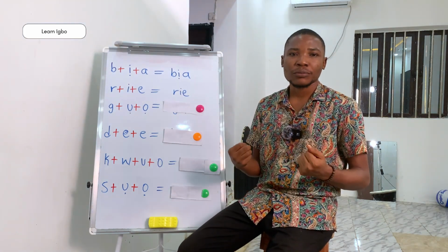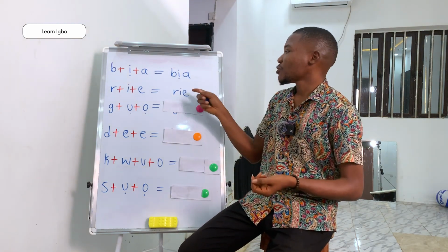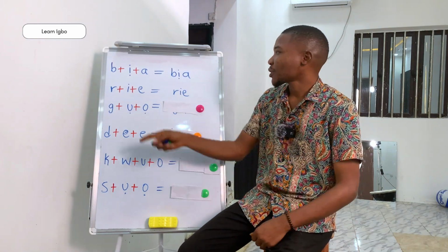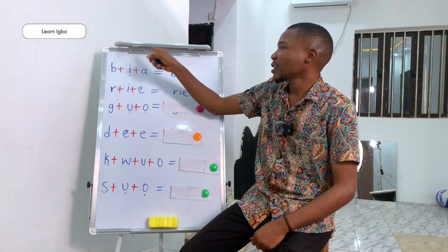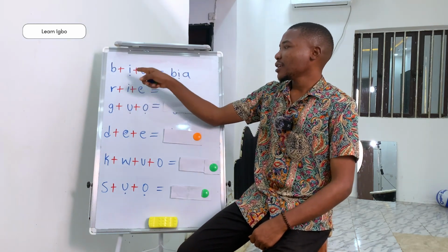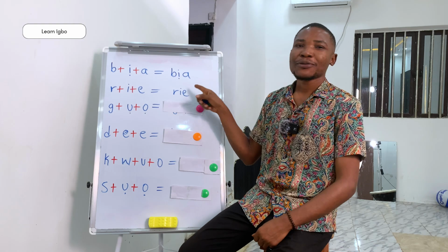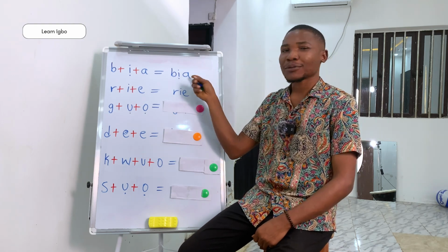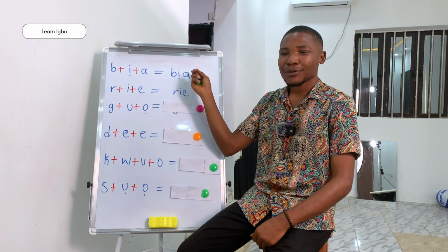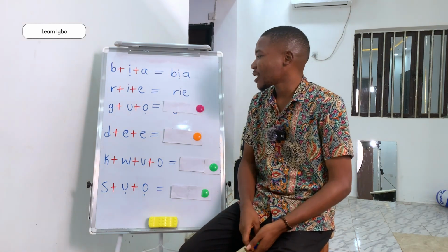Bia is come in English. Re, eat. B, A, A, Bia. Re, E, E, Re. Come. Eat. Now the next one we have here is